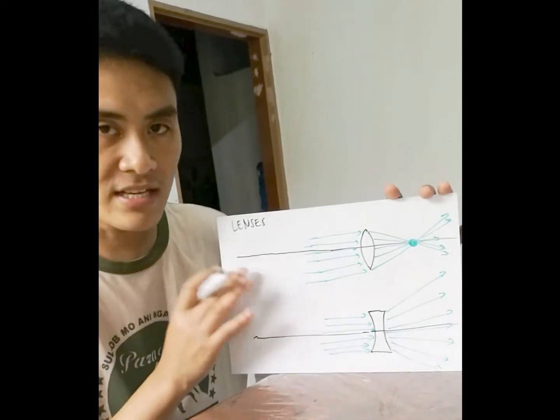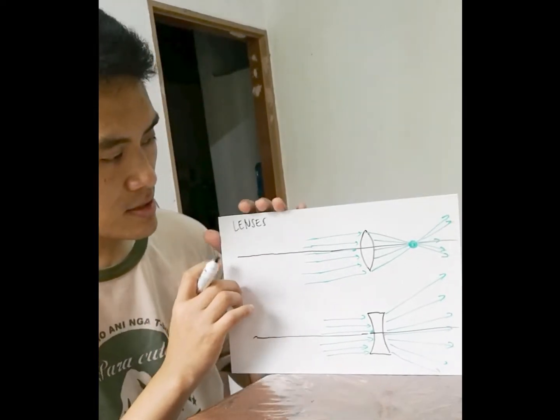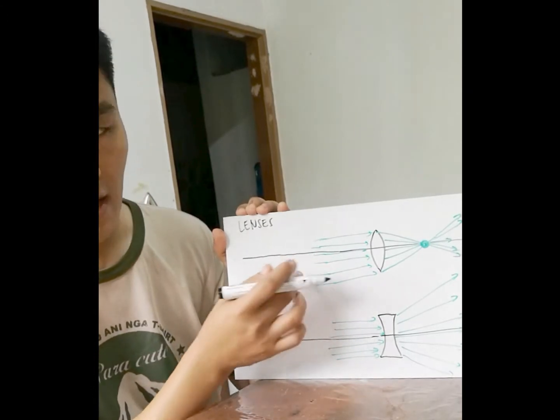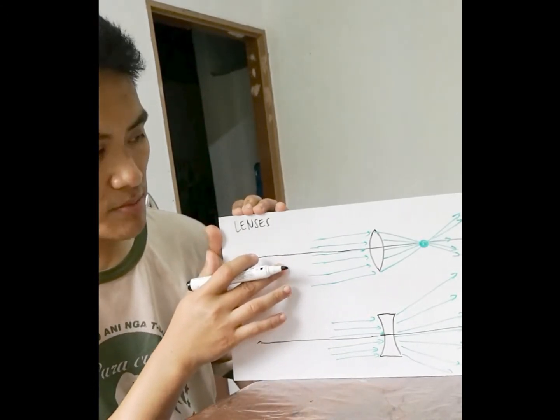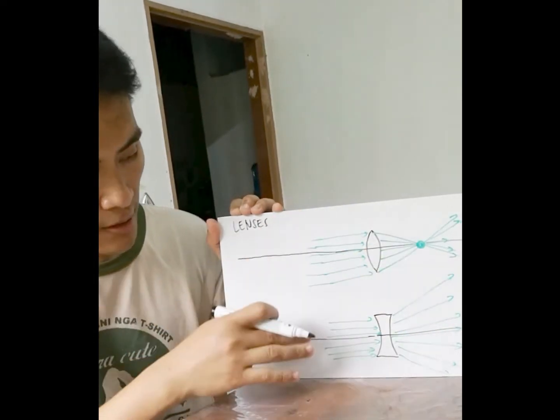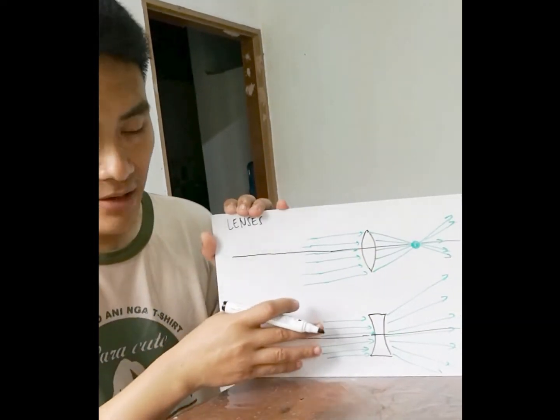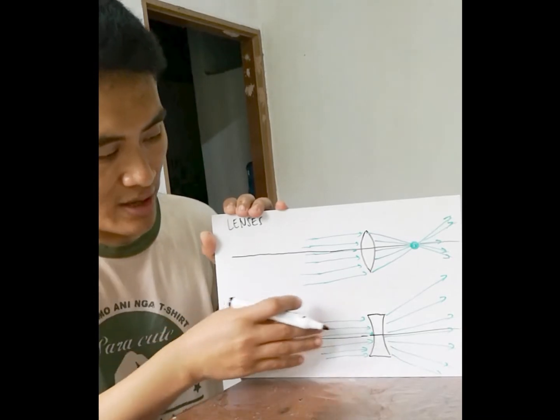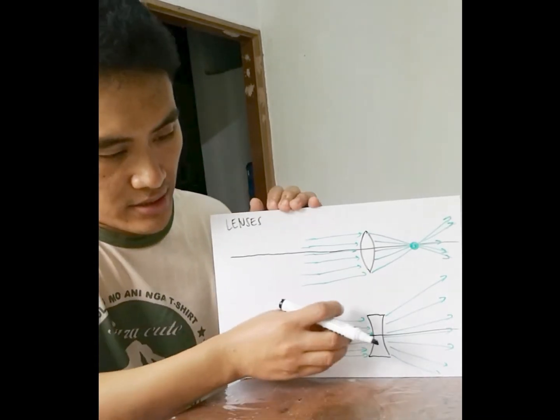So, lenses, two types of lenses. This is what we call a converging lens because they converge light rays. Here, we call it a diverging lens because when light rays hit it, the light rays are spread out or